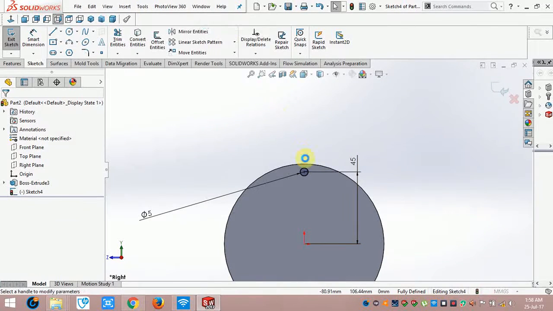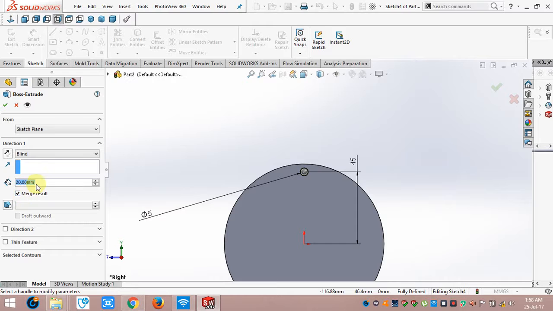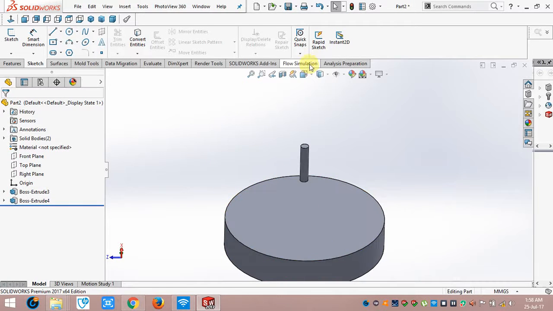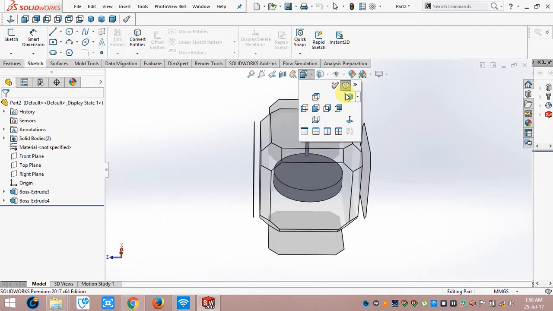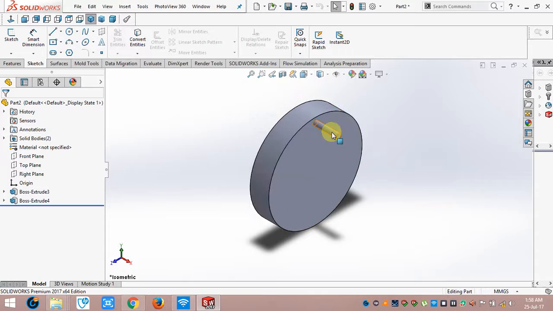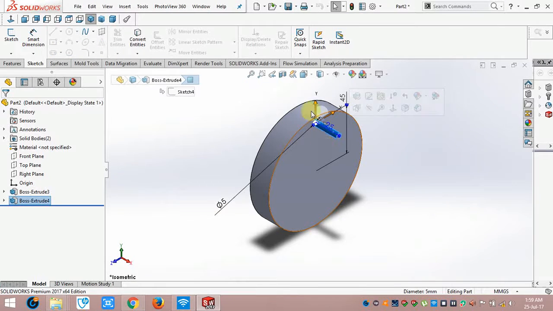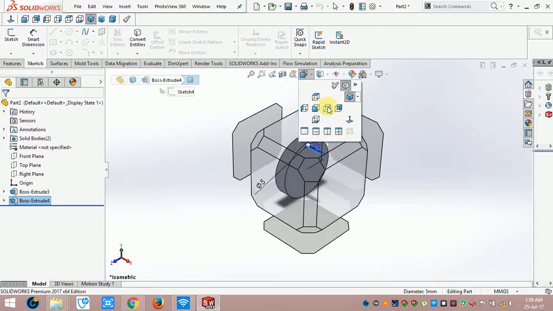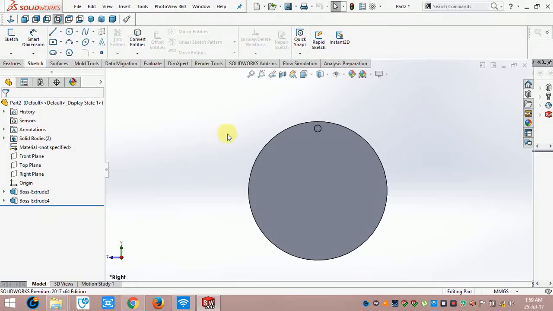So the thing is that now I have a circular plate, and I have drawn a single pipe or a cylinder on this circular plate, and I want to have a linear pattern of this pipe in this circular plate. Now the problem in the circular system is that actually in a circular system we can't